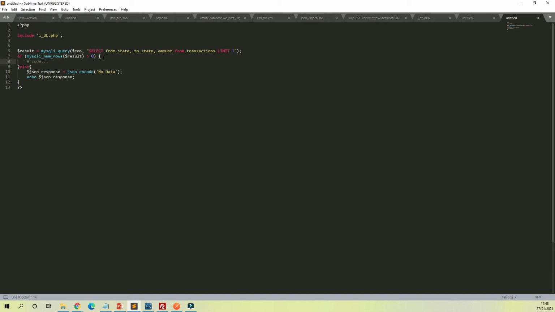Okay, so let's move on. The next thing is, if you remember, we have verified that there's content. The next thing we want to do is fetch the values from this result set. To fetch the values from the result set, we use a query called mysql_fetch_array,